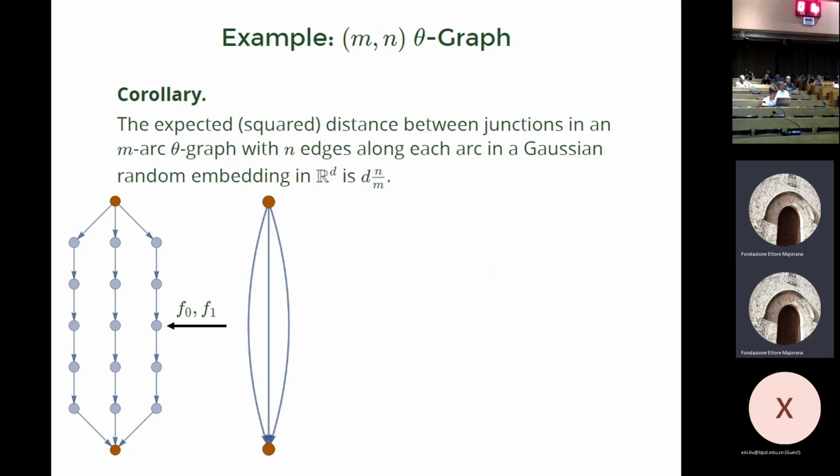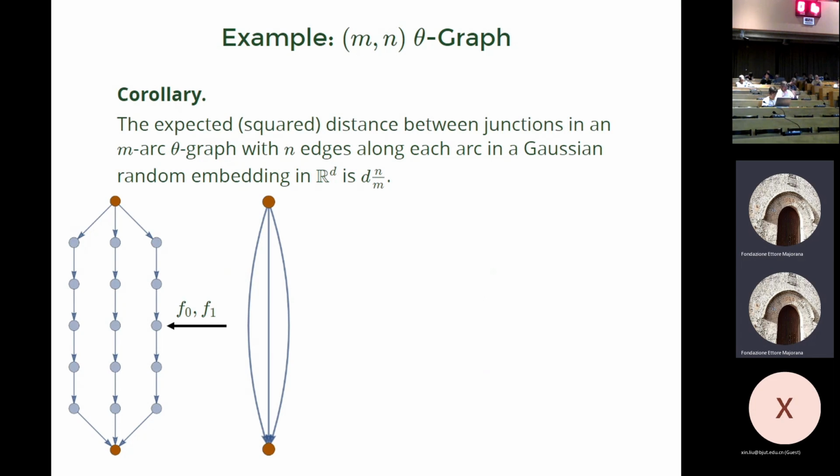So for example, let's say I have what we call a multi-theta graph. I've just shown a typical theta graph, but I have two. I have two vertices and a bunch of edges connecting them. Strictly speaking, this is a multi-graph because I have a bunch of parallel edges between the same two vertices. So I have M connections between the two junction nodes, and then I subdivide each of those into N different edges. This is M equals 3 in the picture, and N equals 1, 2, 3, 4, 5, 6.